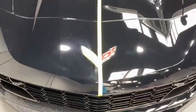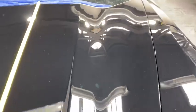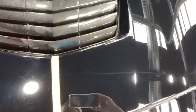Came in with many swirls and scratches on the paint. We did a 3-stage paint correction. Some areas we even had to wet sand to get some of the scratches out of the vehicle. If you take a look at the paint now, it is flawless on the right, and on the left you